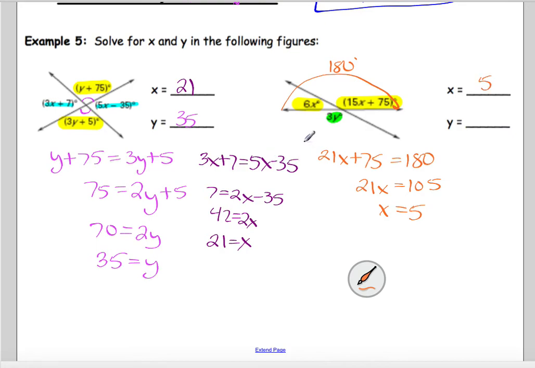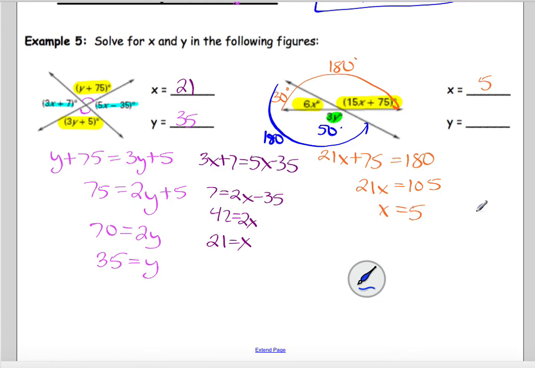And then what I'm going to do is I'm going to plug in that x value into one of the angles, whichever looks easier. I think the 6x looks easier, so 6 times 5 is 30. So this angle's 30. And these two angles together, the one that I want to find because I want to find y, so I want to use this angle. These two angles make another linear pair. So that's another 180 degrees that we can find. So if this is 180 together and this is 30, 180 minus 30 leaves